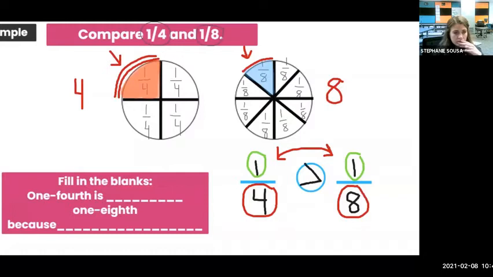and now we can fill in the blank to explain how we know. Our sentence stem says 1/4 is blank, 1/8 because blank. Okay, I know that I just completed the problem, and I know that 1/4 is greater than 1/8. I'm going to use my text box. I'm going to fill in using my math vocabulary. 1/4 is greater than